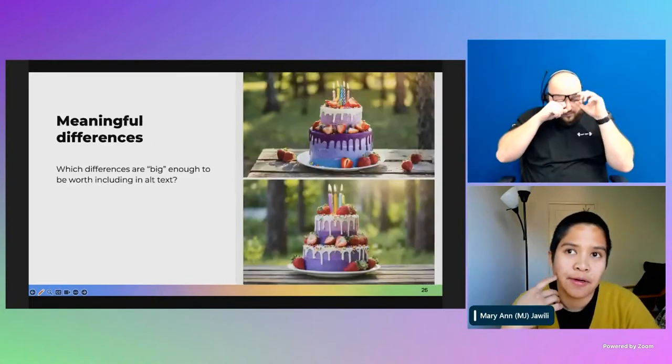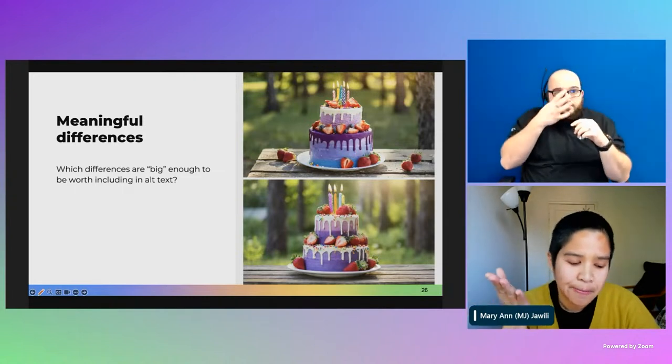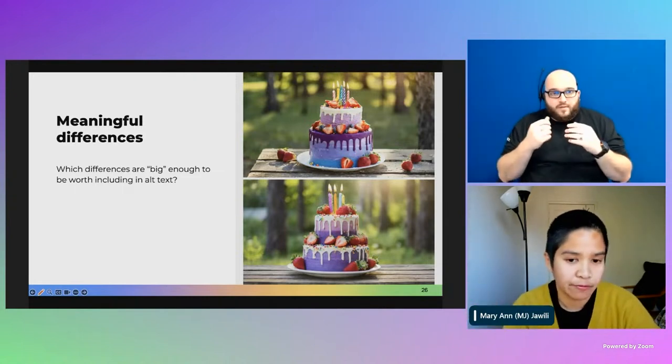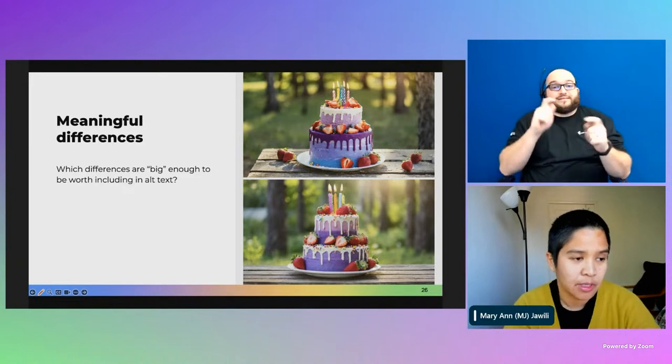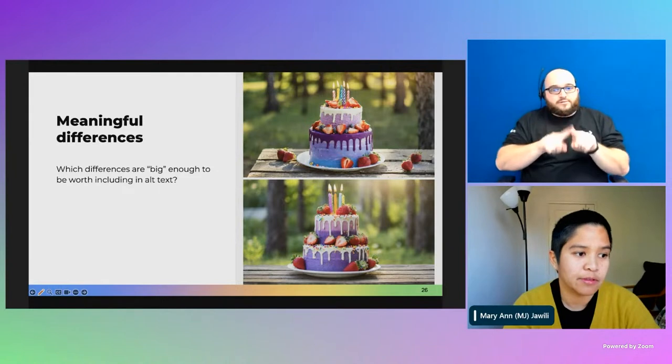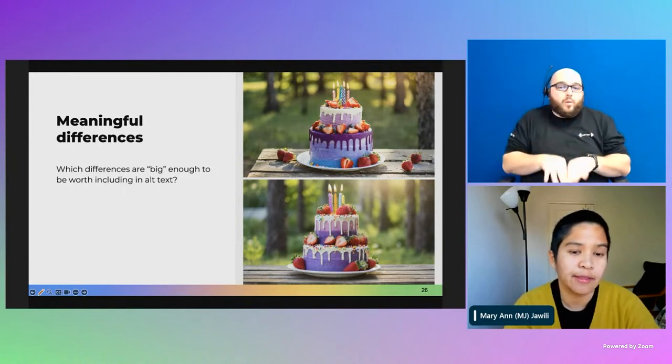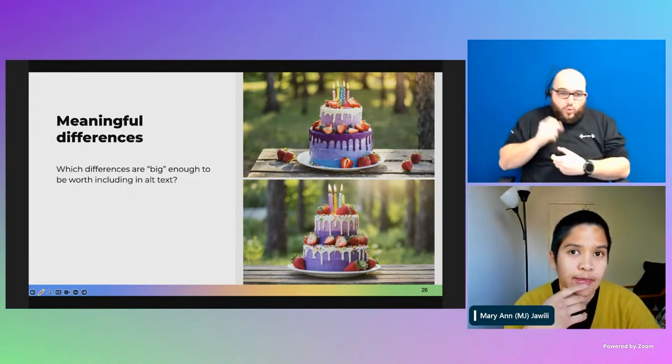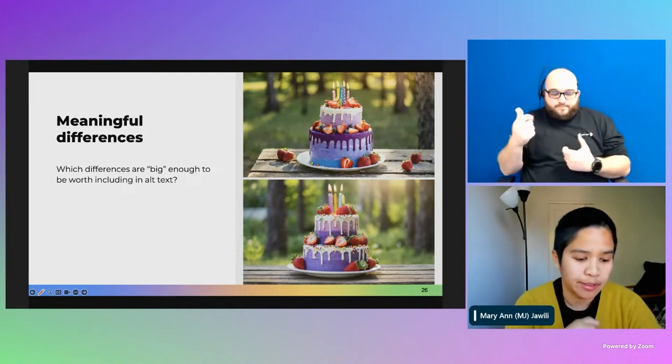And so the number of differences is virtually infinite. So the next question is, which of those differences are meaningful? Which differences are big enough to be worth including in the alt text? And I think that is something that we're trying to focus on